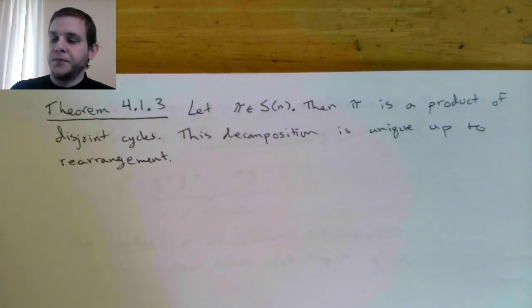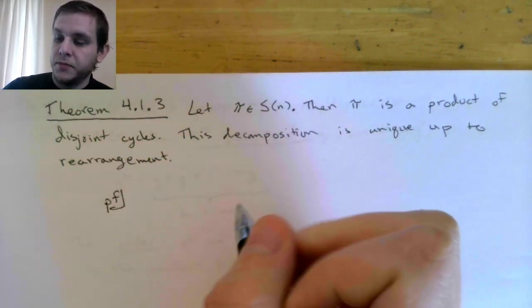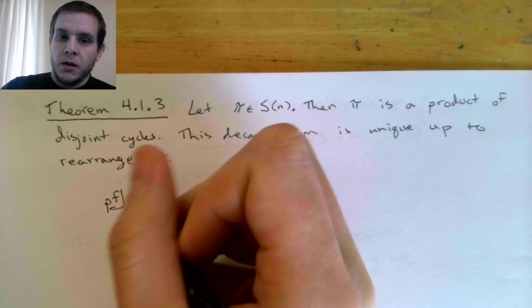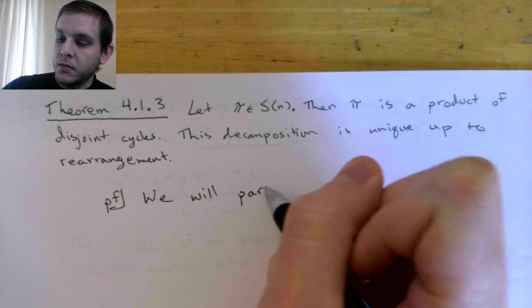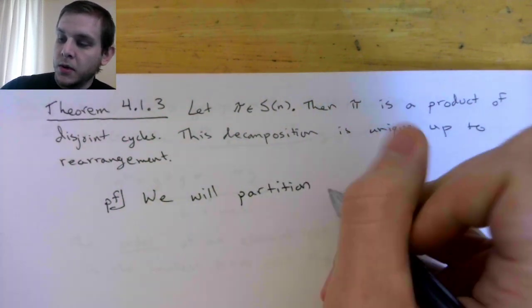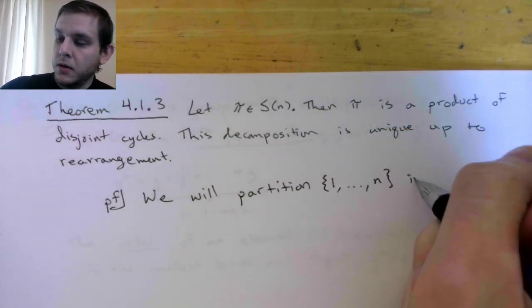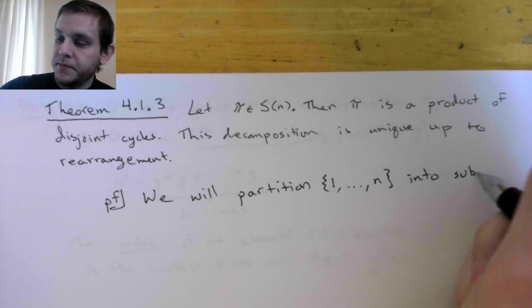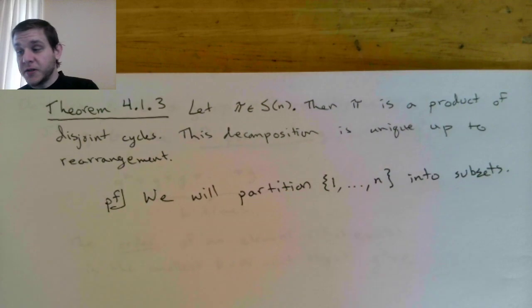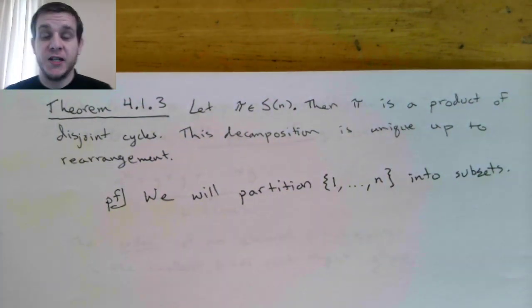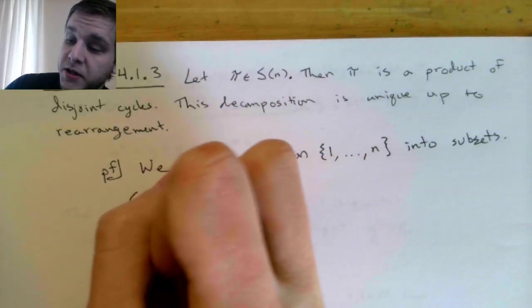Proof. So we will partition this set into subsets. I'll do this recursively. I'll first find the partition element that contains 1. So consider